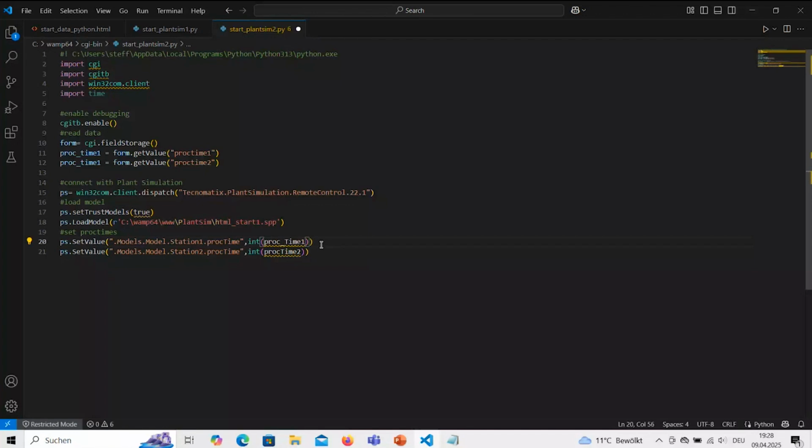There's an underline missing. This is small. Okay. 2 times proc time 1. Okay, now.